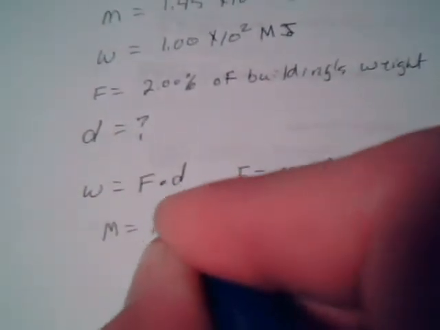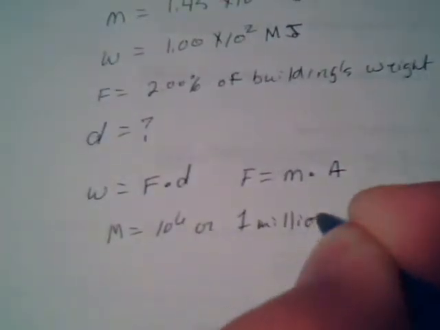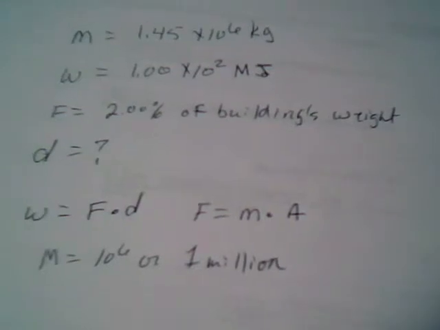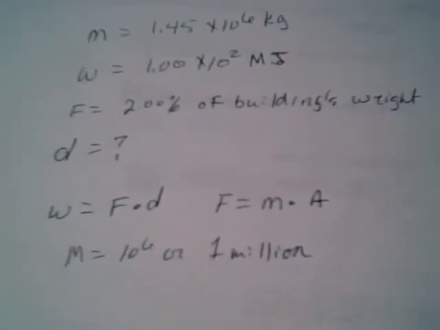So the prefix mega, M, is equal to 10 to the 6th, or 1 million. So we have to convert that 1.0 times 10 to the second megajoules into actual joules. So here's how we're going to do that. We take our 1.0 times 10 to the second megajoules, put that over 1,